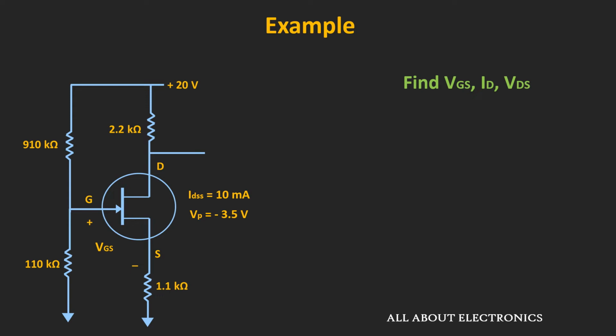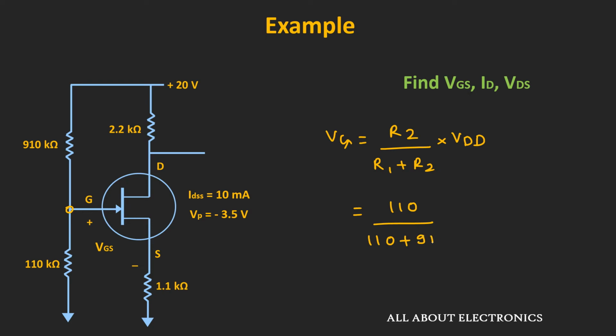So in this example, the JFET is biased in the voltage divider biasing configuration, and for the given circuit, we have been asked to find the voltage VGS, current ID and the voltage VDS. So first of all, let us find this gate voltage. So this gate voltage Vg will be equal to R2 divided by R1 plus R2 times VDD. So in this case, it will be equal to 110 divided by 110 plus 910 times 20 volt. That is equal to